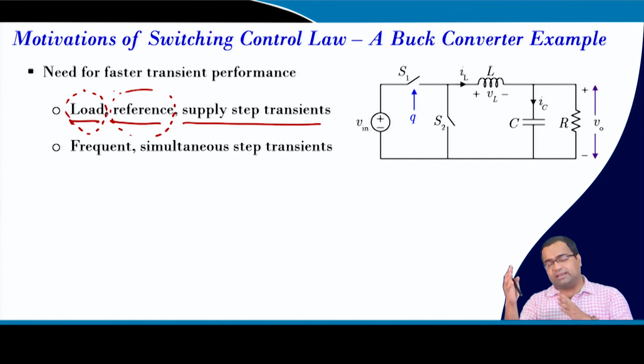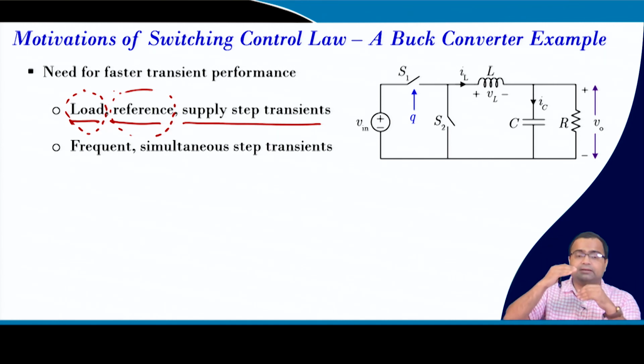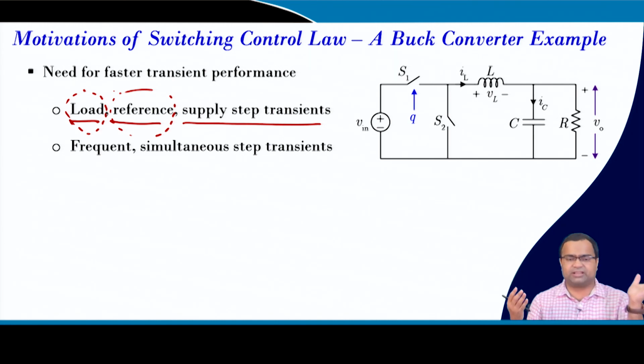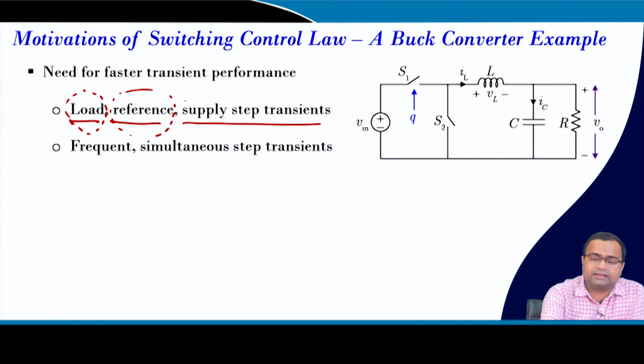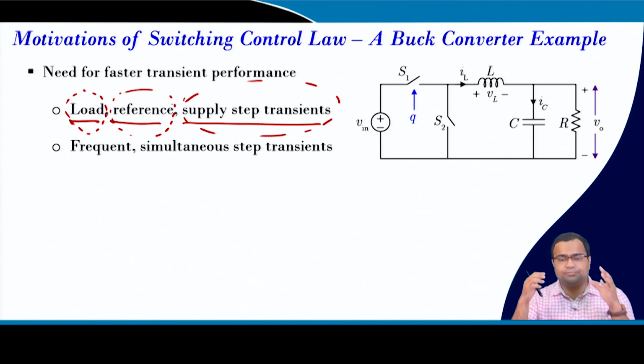Similarly, for the load stage, if we want to change the VDD of the digital processor, then we need a supply transient, a reference transient for the second stage. So, this is also very critical. And the supply transient also is very important, because we need to reject the disturbance in the supply, so that the output voltage is not affected by the change in input voltage. That is one of the objectives.